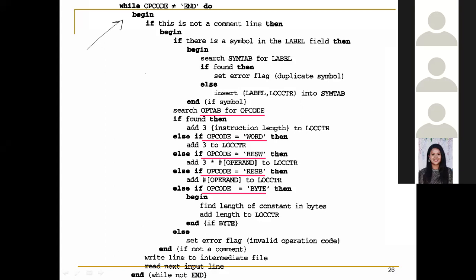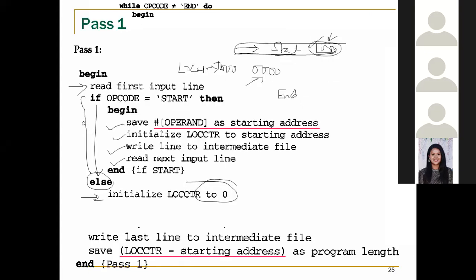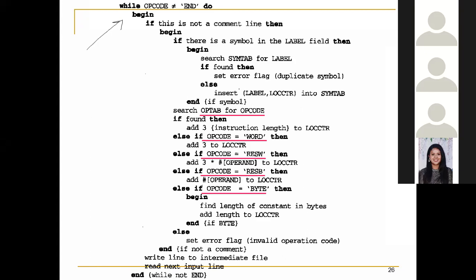The while statement is saying while opcode not equal to END, means what? Until I come across the END assembler directive, I will do the following, right? So what is it that we are supposed to do? We need to observe what is there until the END assembler directive.